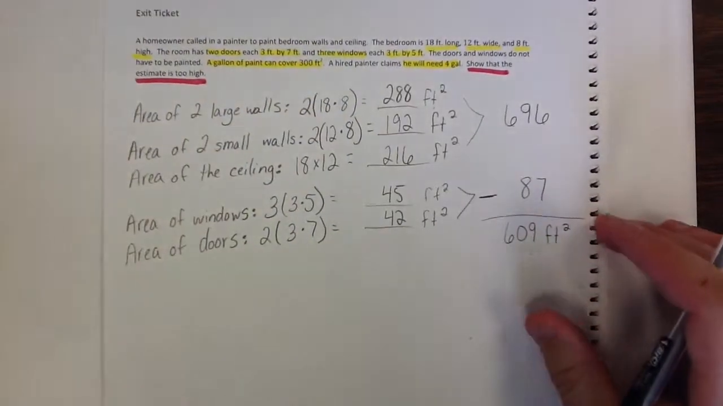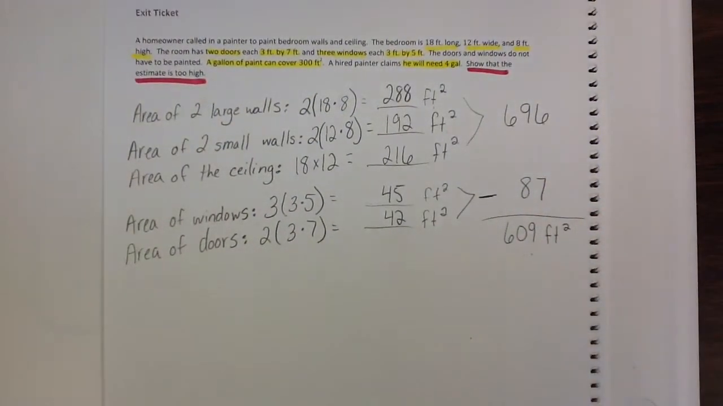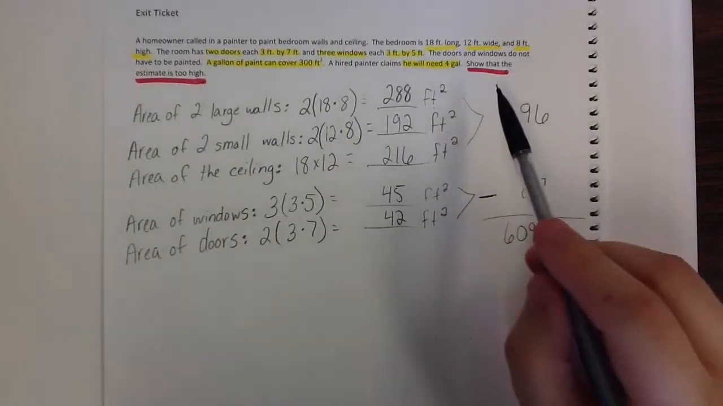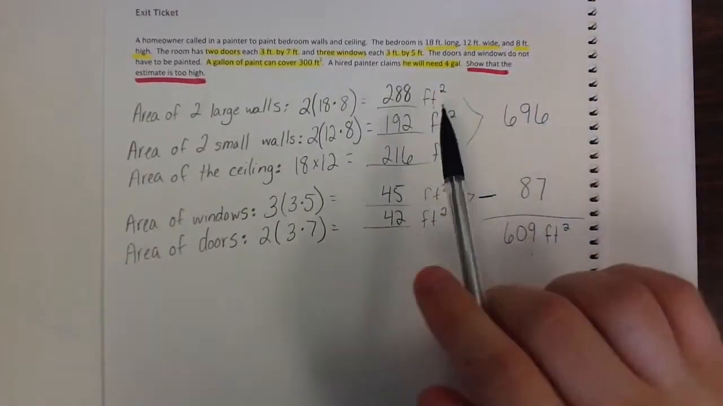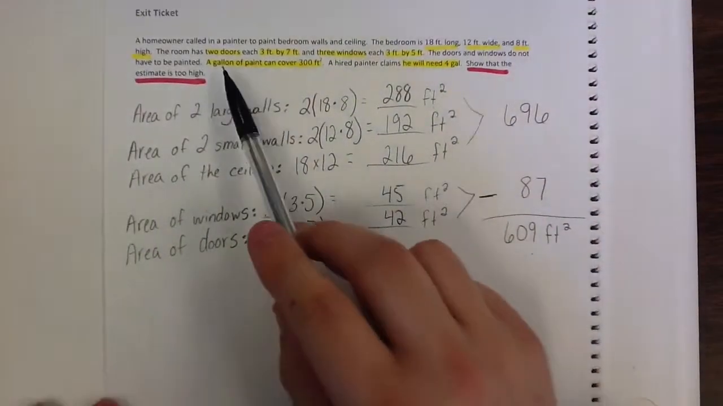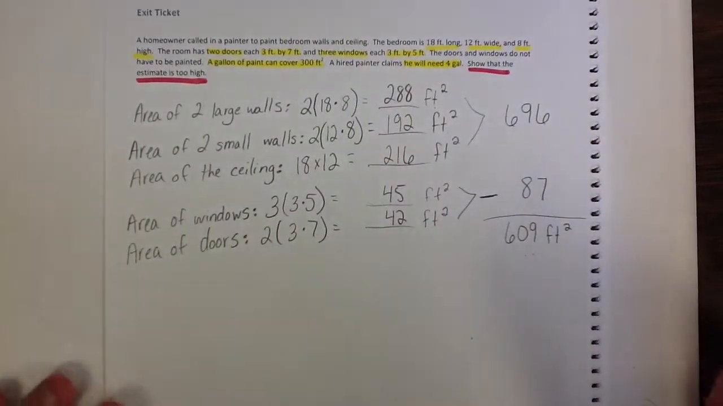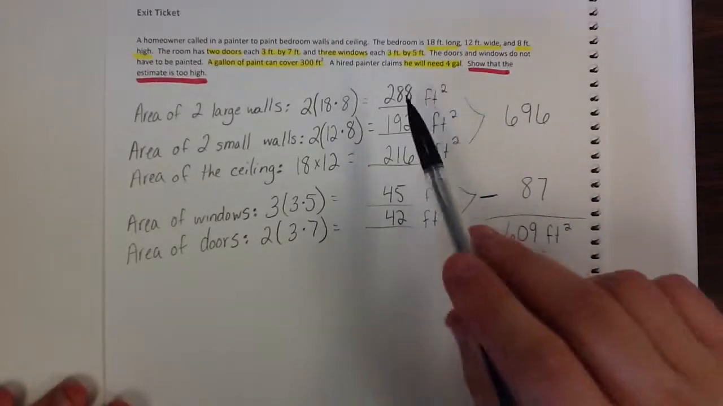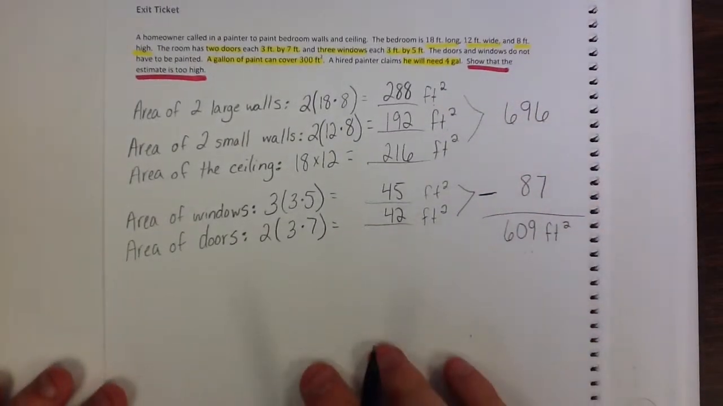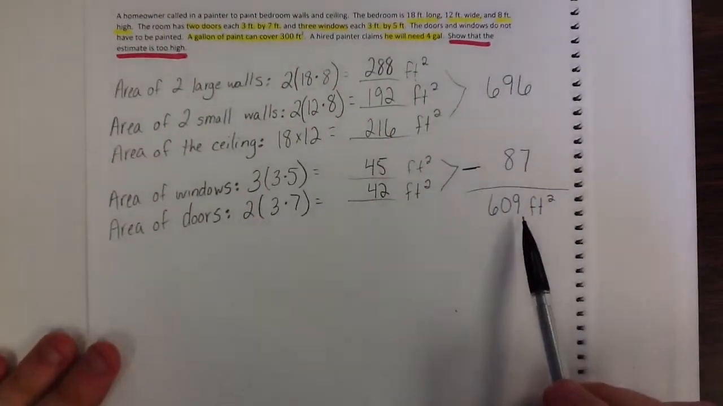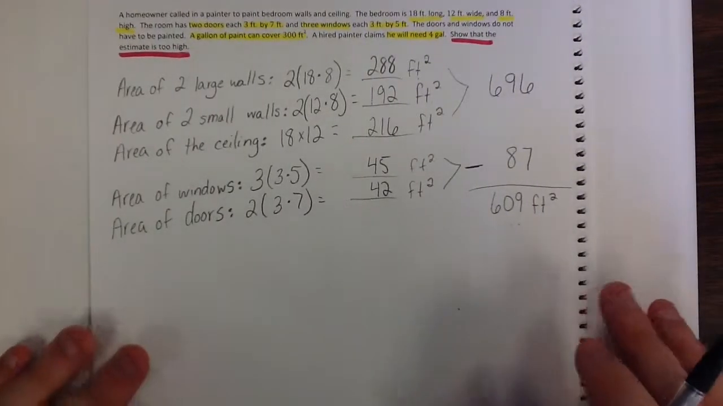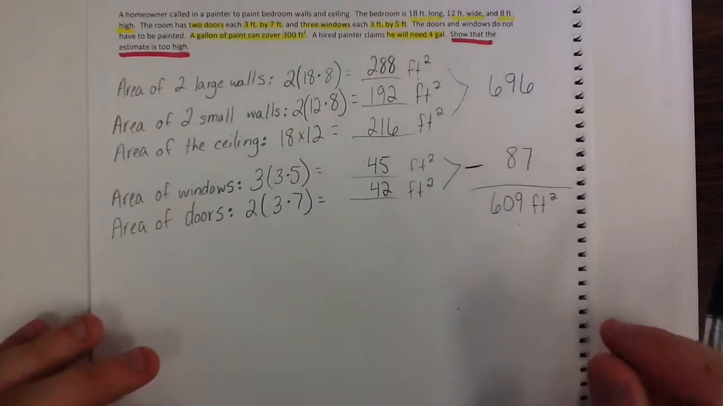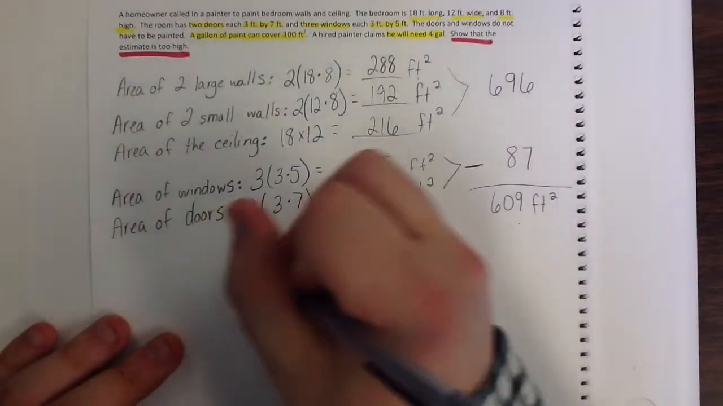We're not done. Not even close. Because it doesn't ask us what is the area that's painted. It says show that the estimate is too high. There's this other part of the problem. A gallon of paint can cover 300 feet. A hired painter claims he will need 4 gallons. So I need to take my total area. I need to cover 609 square feet of wall and ceiling in order to paint the room. So I take my